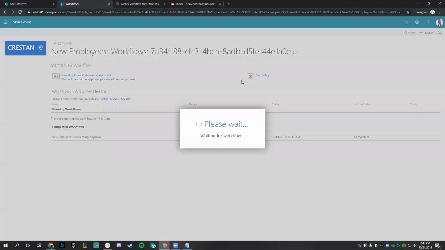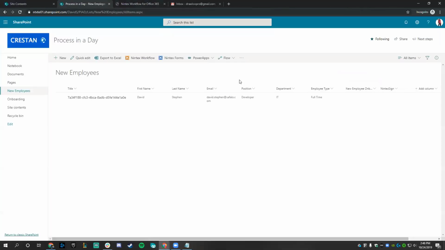We'll go ahead and click on Nintex Sign. It's going to kick off our workflow. Next, we should receive an email asking us to authorize Nintex Sign with Nintex Workflow. So in just a moment, in our email here,